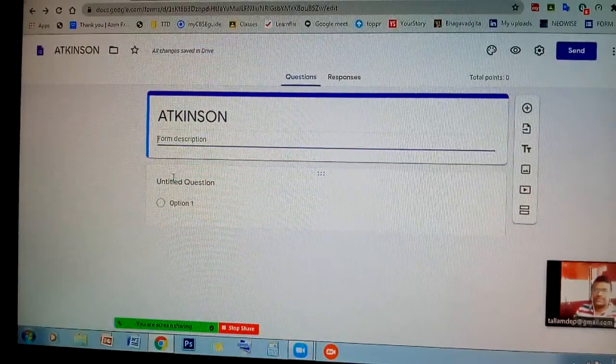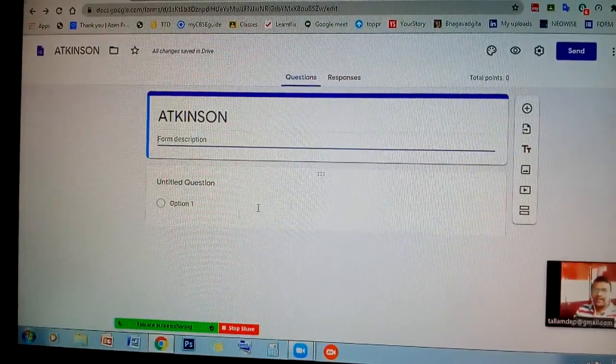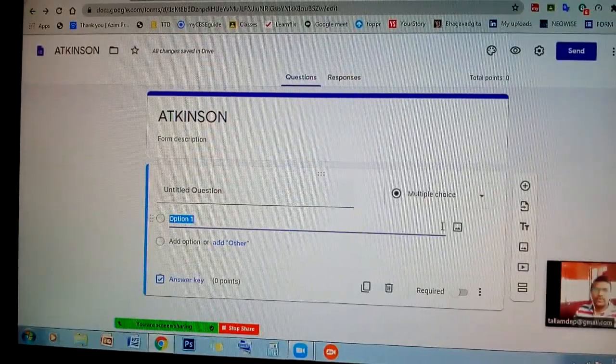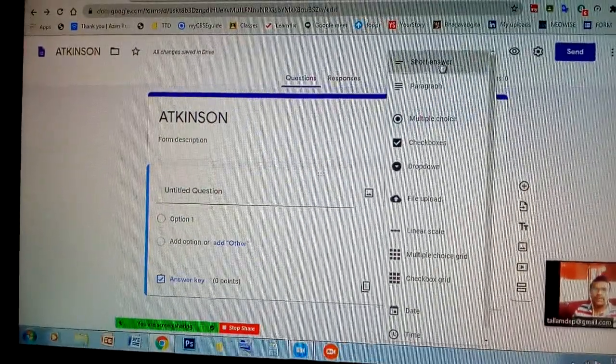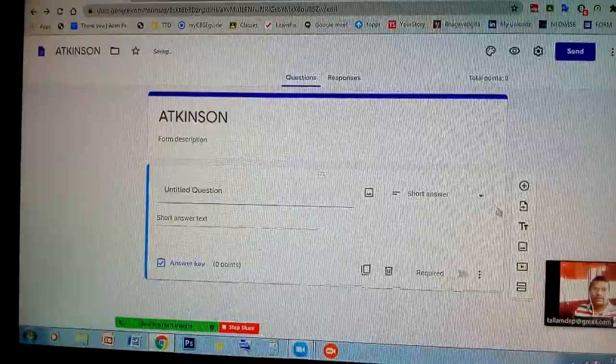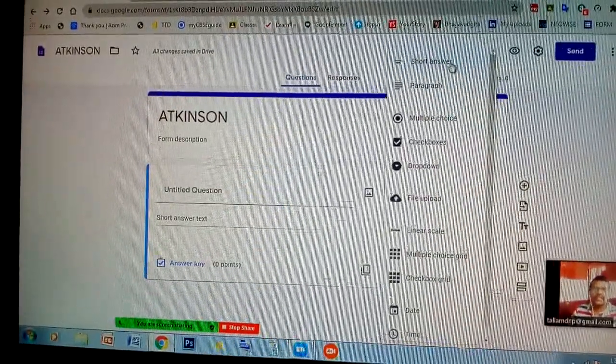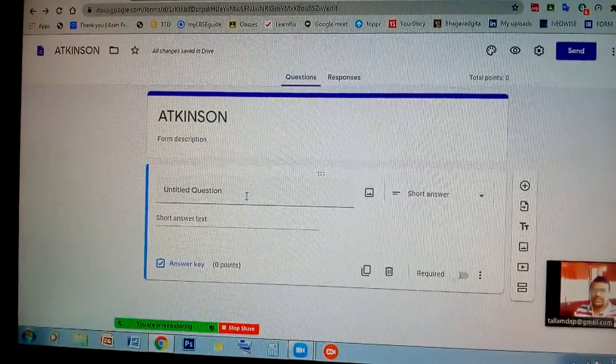Now come to the questions. Here an untitled question is there. If you want to know the students' information, whoever attempts the test, as you click the multiple choice option, multiple options appear, and you select short answer.